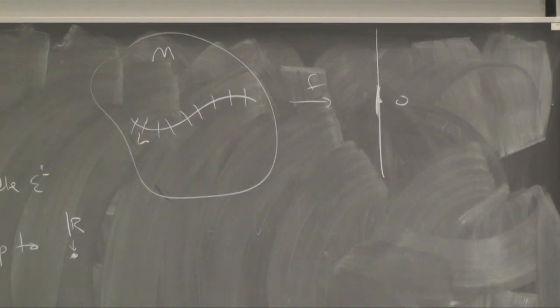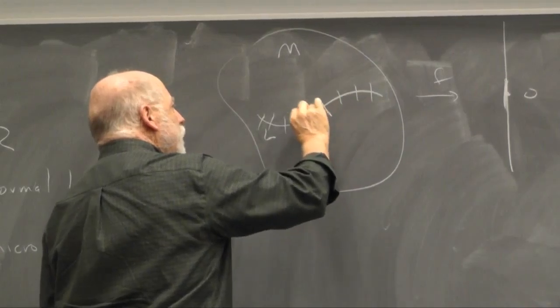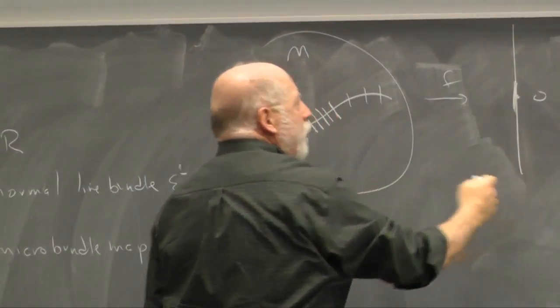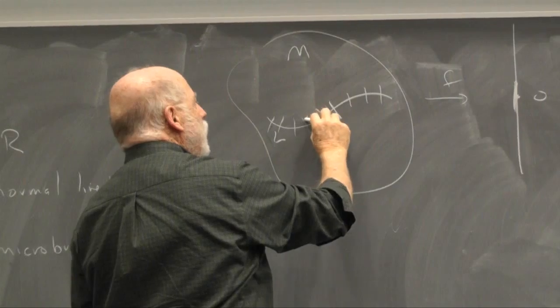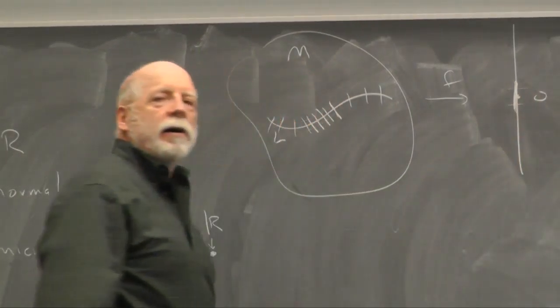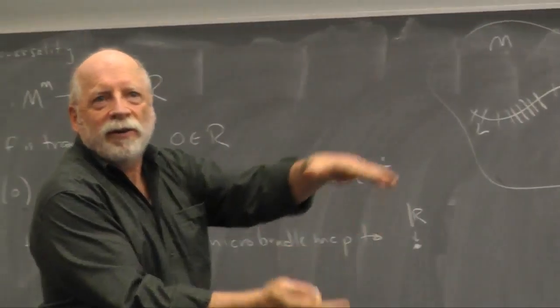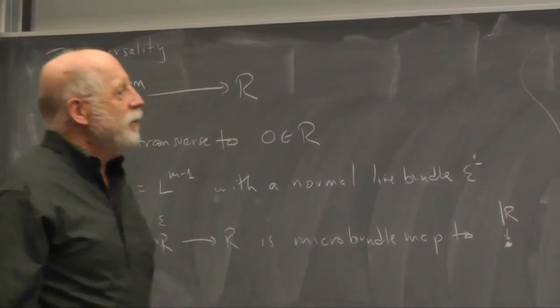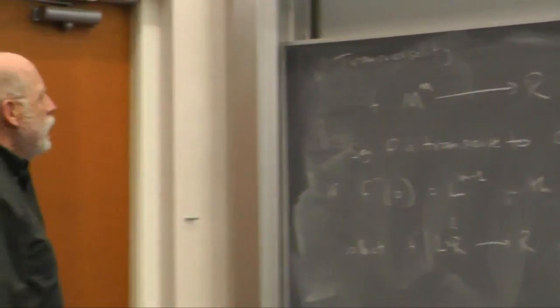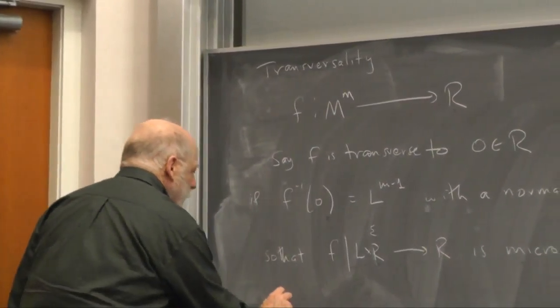Don't be confused by this microbundle map. All I'm saying is that this copy of R, which you see as a sort of neighborhood, these are copies of R. They don't go onto all of R. It's just that locally there's a perhaps smaller neighborhood which goes to a small neighborhood of 0 in R. But the difference between R and a small open interval is not very much. So that's what it means to be transverse, and the theorem is that